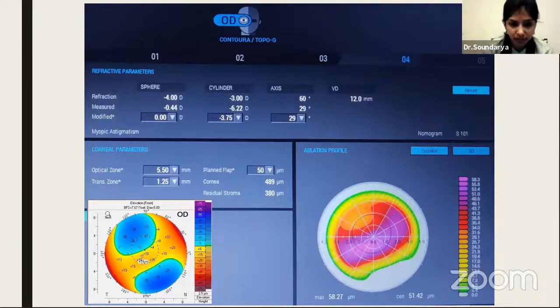Here tissue was not available sufficiently, so we have not done a spherical correction, but we can do a spherical correction if tissue is available. But we really need to keep in mind that we do not exceed the spherical equivalent of the subjective refraction that the patient was initially accepting. And if we have a doubt regarding the axis, we can also compare it with the front elevation, where we join the steepest point with the central point and see that the steep axis correlates with the ablation that we're going to be doing.